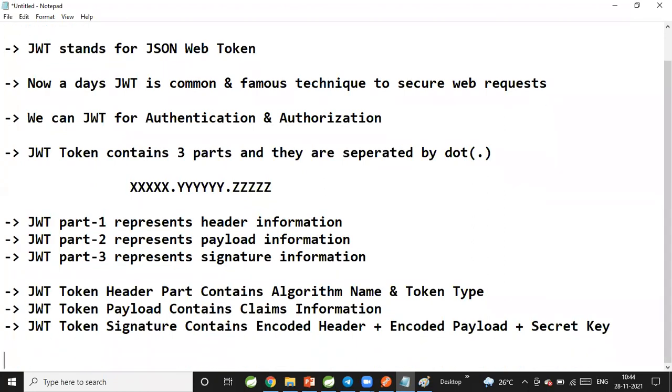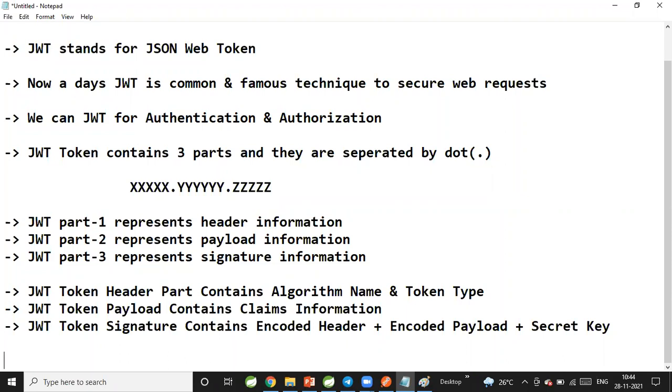So this is what we have discussed so far. I just kept it in the notepad so that you can easily read and understand. Why are we learning JWT, guys? It is a very famous technique to secure applications. It is token based security, like our OTP. When you do net banking to transfer money, the banking application sends an OTP to your mobile.